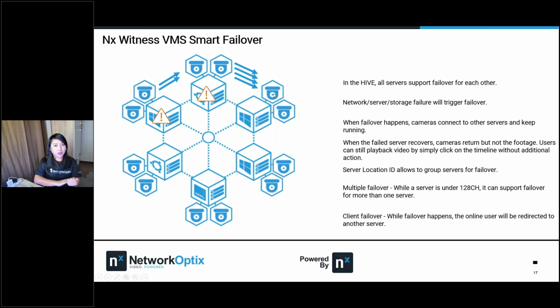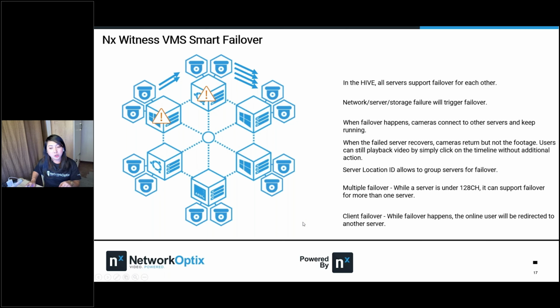Now, I believe in the traditional way, there should always be an N+1, like an extra server that is waiting for a failover. So let's say in the traditional setup, we have an extra server here. Server 1 fails, of course, the N+1 will take over the cameras from server 1. Then what will happen if server number 2 crashes?